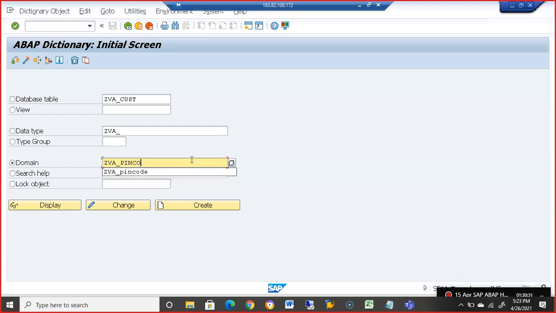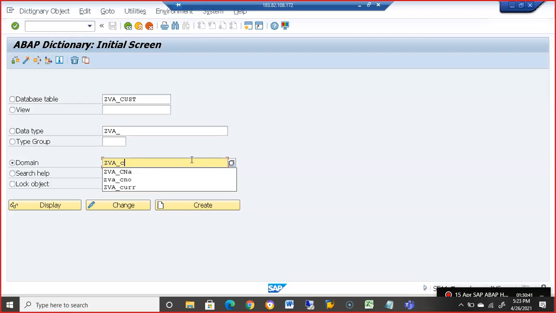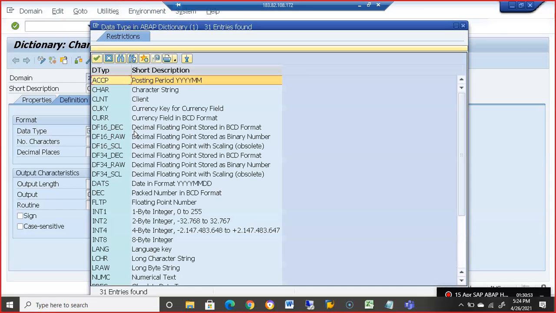After pin code we have customer number, customer name, date of purchase, pin code, and we plan to give amount, cost. Create cost of purchase. Because this is of type amount, we will give it as amount here.